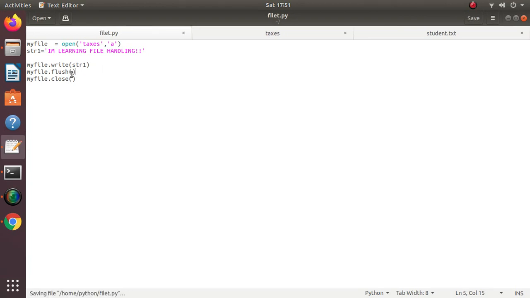What it does is that it does not close the file, that is, it does not free the allocated resources. The link between the file object and the text file is not broken. It still exists, but the data that we have written using write or writelines function is pushed into the permanent copy from the buffer memory.